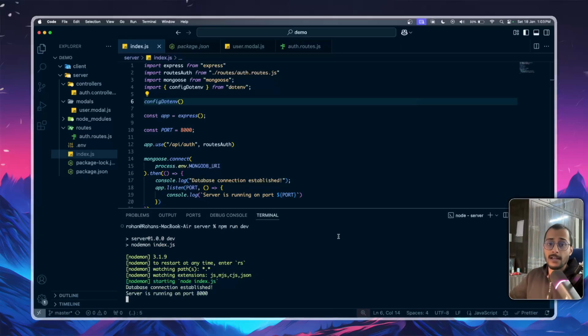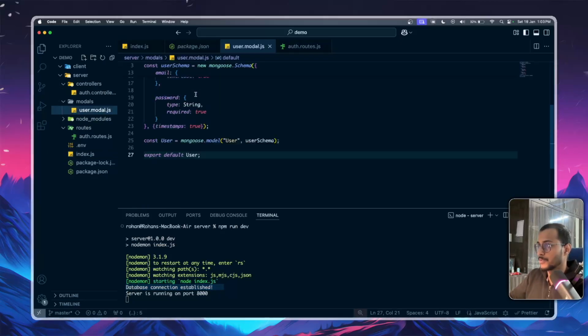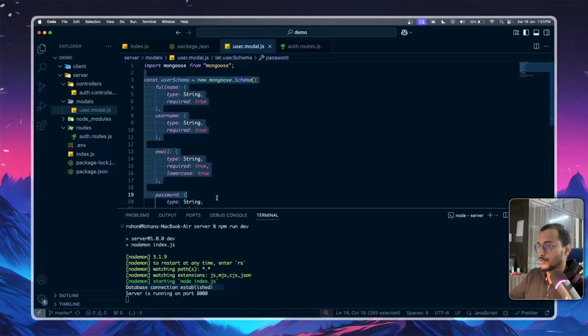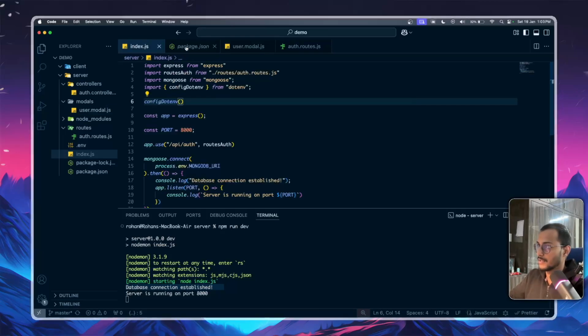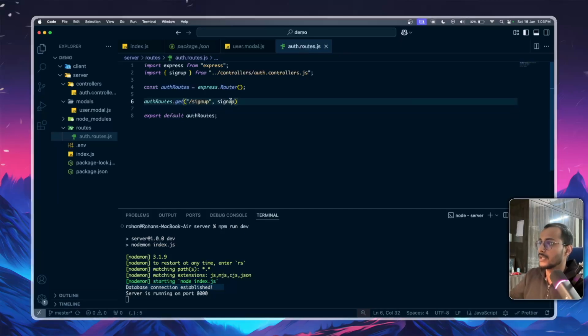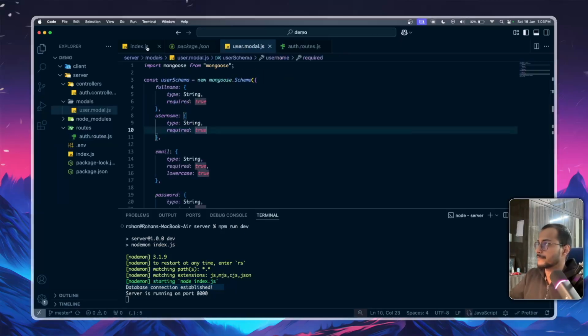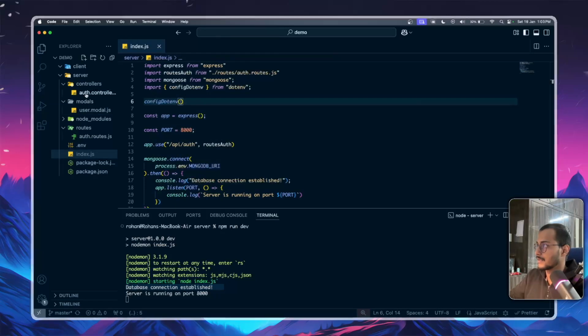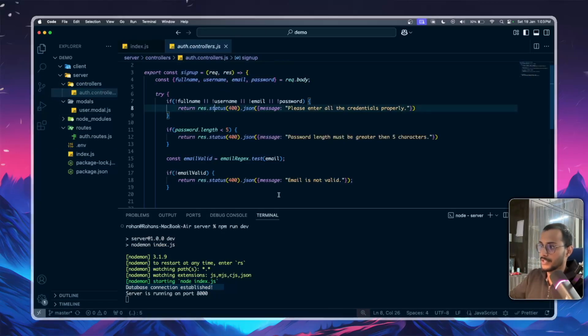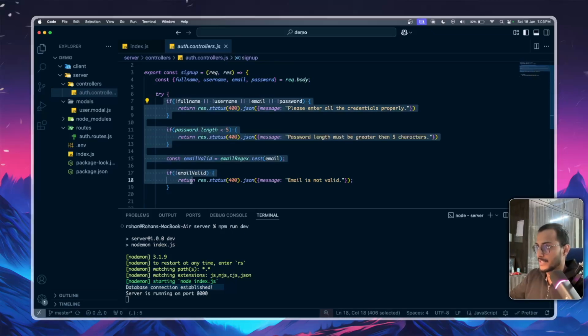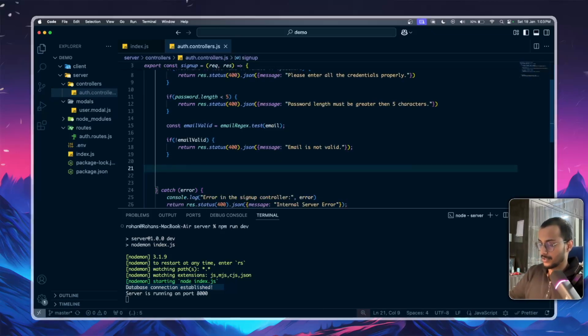Yeah. So our connection is established with the database, and now we can start writing our code, since we have written our model also. So in order for us to write this, let's write it here only. Yeah, let's call the controllers. We have checked everything. Now we will create our